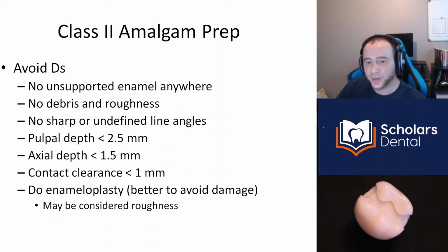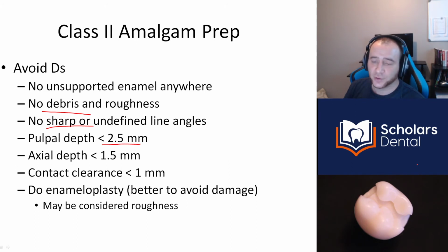All right. No debris and roughness, because those are subjective, and obviously they're going to get you a D if there is any roughness, and they could become E's. No sharp or undefined line angles. Pretty clear. Now, why do I say pulpal depth less than 2.5? Why didn't I say it has to be more than 1.5? Well, the reason is